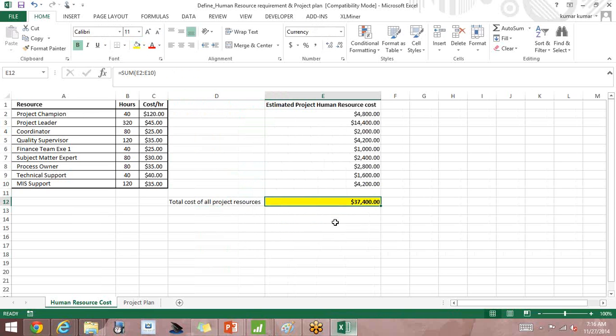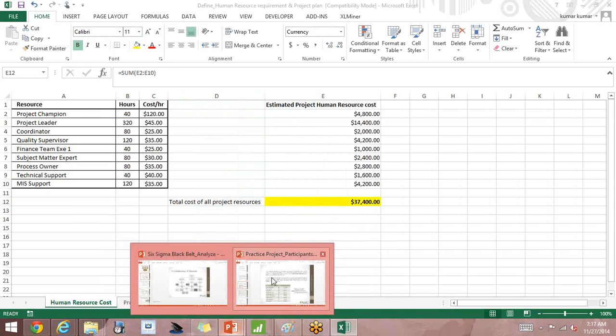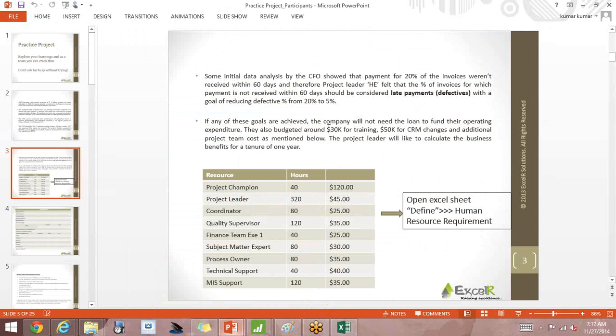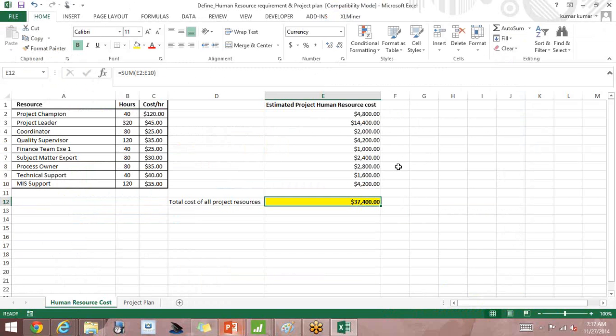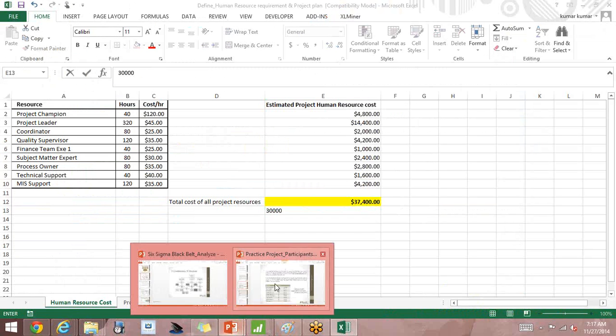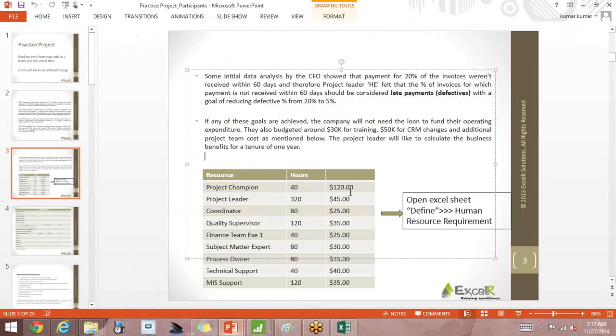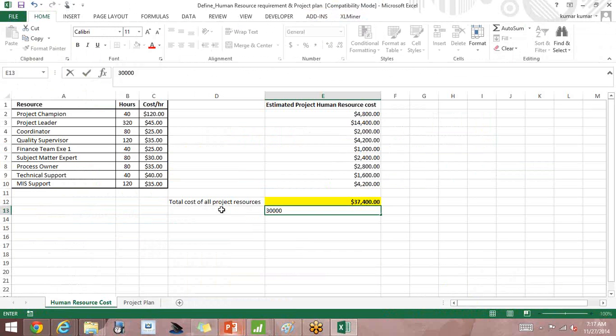This is one cost. Second cost is they also budgeted around 30,000 for training and 50,000 for CRM changes. 30,000 for trainings and another 50,000 for CRM.